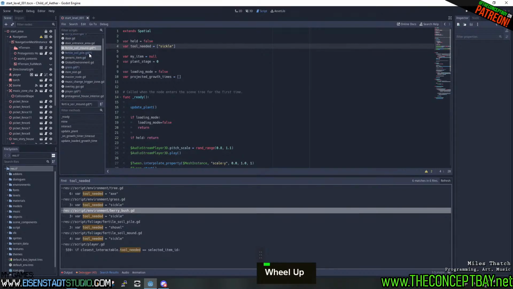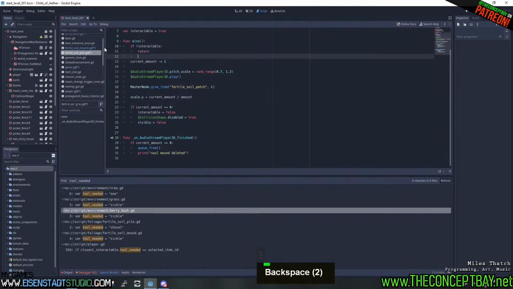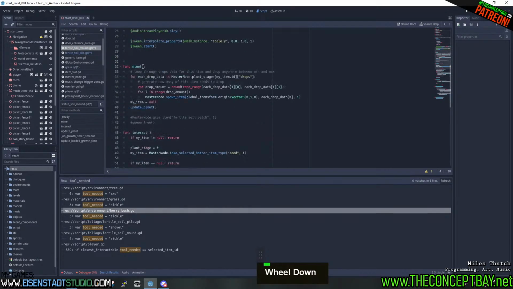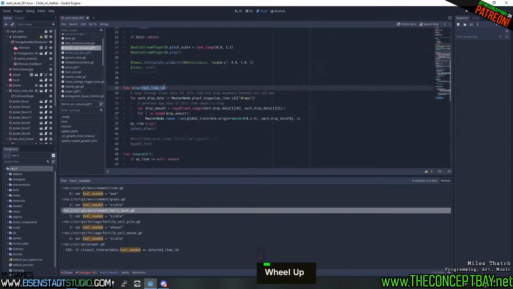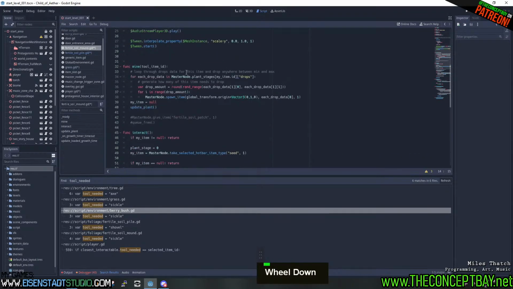So let's get our fertile soil mound. Is it mound or is it pile? Which one's which? Printing this for some reason, for testing. Current amount. Give item. So pile is the big one. Mound is the small one. Okay, so here when we do the mining, we're going to receive the tool item ID, based on the tool that was used. So let's say here we can use a sickle or we can use a shovel. All right, so when this function gets called,